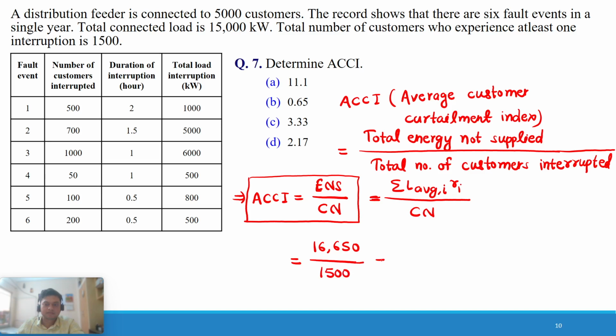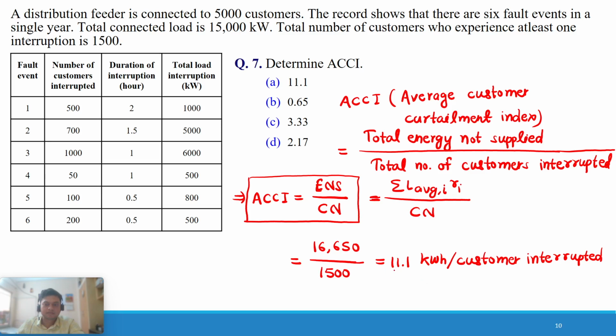So this will give you 11.1 kilowatt hour per customer interrupted. So compared to the last value we calculated for AENS, in this we are getting